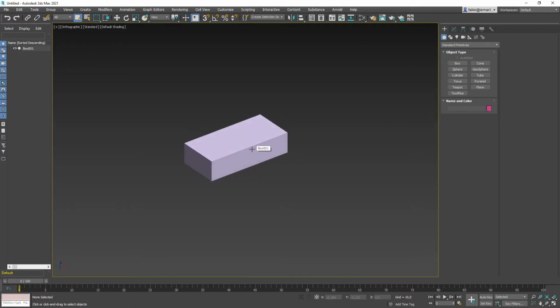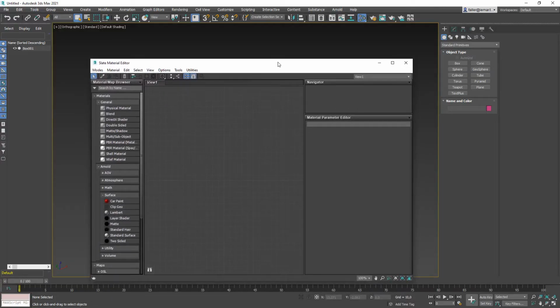So the next step is we are going to create a texture for our box, and that is of course done in the material editor. And it depends on what kind of render engine you're using. If you are like me using, for example, an Arnold render engine, of course you have to create an Arnold material. If it's a scanline, then you go for a standard material or whatever other material that you want. It's not important what material, it's just the texture that you're using on it,